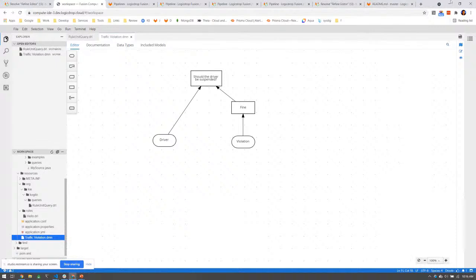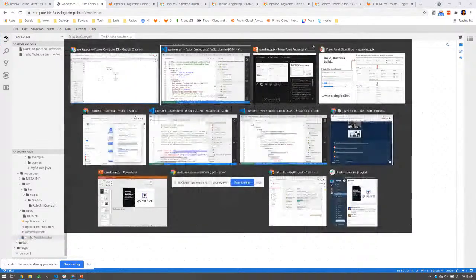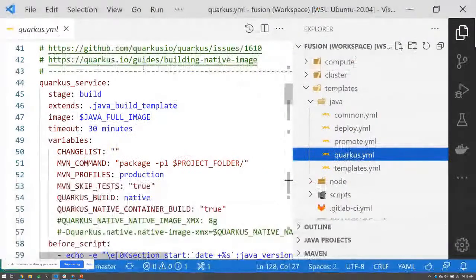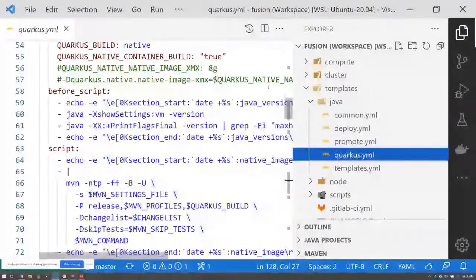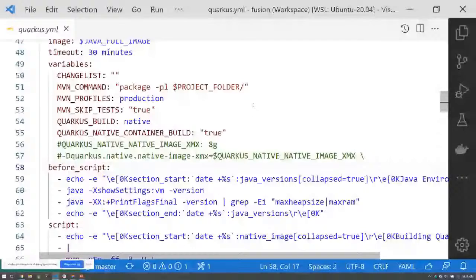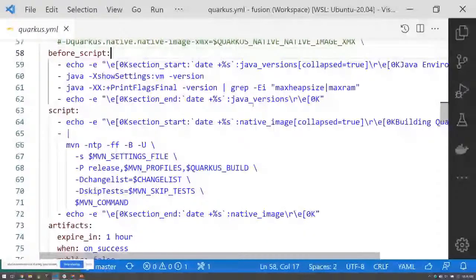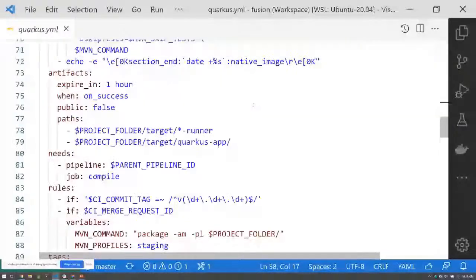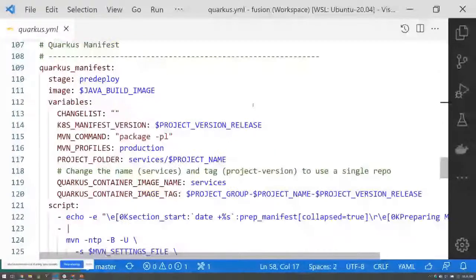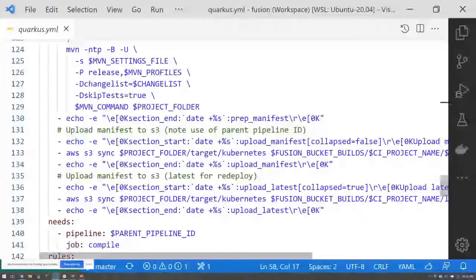We can do this. I'll show you where we do it. So you remember you saw the manifest that comes out of that one API. When we're in the Quarkus service, let me minimize this. Let me figure out which job is that Quarkus service here. So this actually goes through and does the native build. Oh, I take that back. Everything's already set up at the point that we've done the native build. Okay.